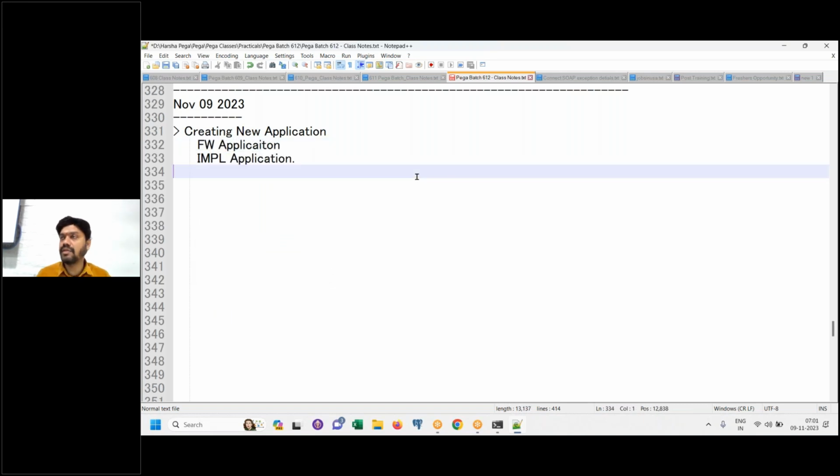See, the task which we have done in yesterday's class, in real time, you will never do that task, because by the time you join the project, that would have been already done by your architects, solution architects. High level employees will be there, right? 10 years, 12 years experience. Those are the people who are involved in doing those tasks. That is the very beginning of your project.